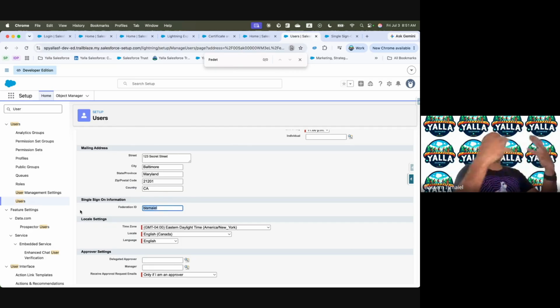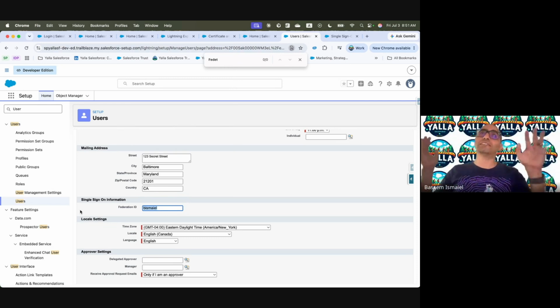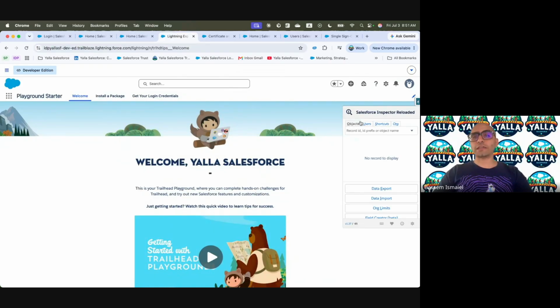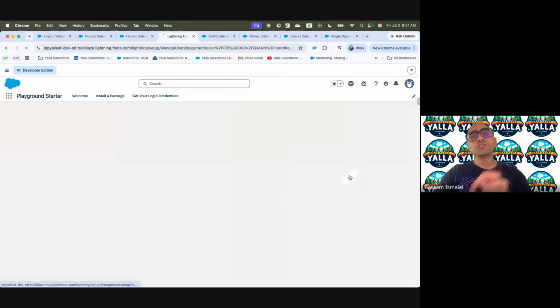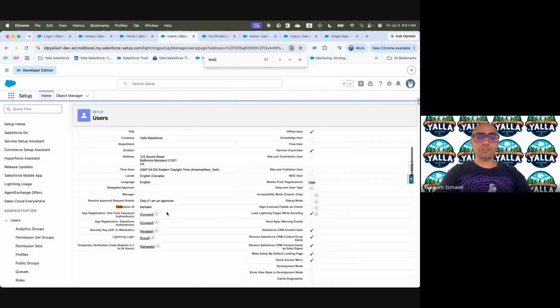The identity provider is going to validate, do I have a user that has this Ismail and it's allowed? So if I went back to the identity provider, to my user again, in here, I should be able to see that my Federation ID, even in the identity provider, is the same Federation ID.